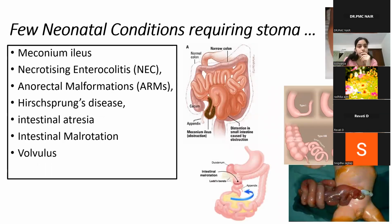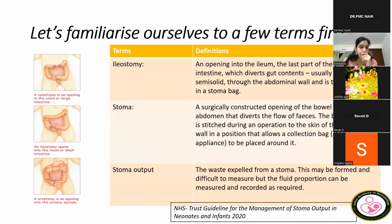So coming to our topic per se, a few neonatal conditions that actually require a stoma include meconium ileus, necrotizing enterocolitis, anorectal malformations, Hirschsprung's disease, intestinal atresia, intestinal malrotation, and volvulus. So let's familiarize ourselves with a few terms first. Coming to ileostomy. Ileostomy is an opening into the ileum, which is the last part of the small intestine, which diverts gut contents, which is usually liquid or semi-solid, through the abdominal wall,